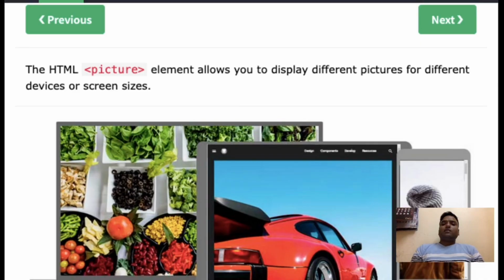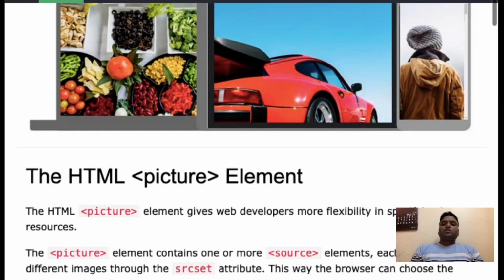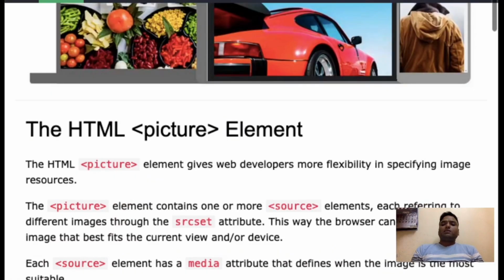Here you can see by default the girl's image will be shown. When the user changes the screen size, suppose he is using a tab, it will be displayed as a car, and when the page loads on a laptop, it will show a vegetable image.